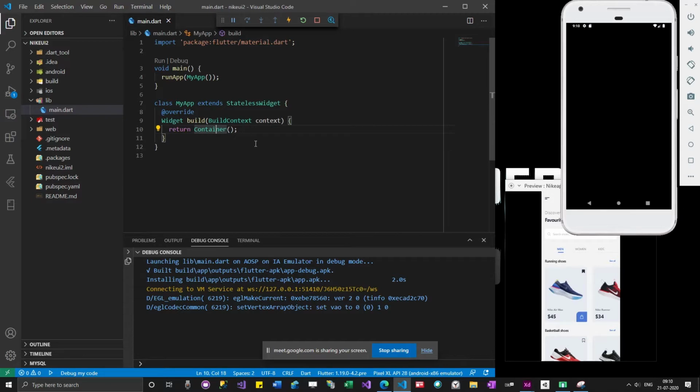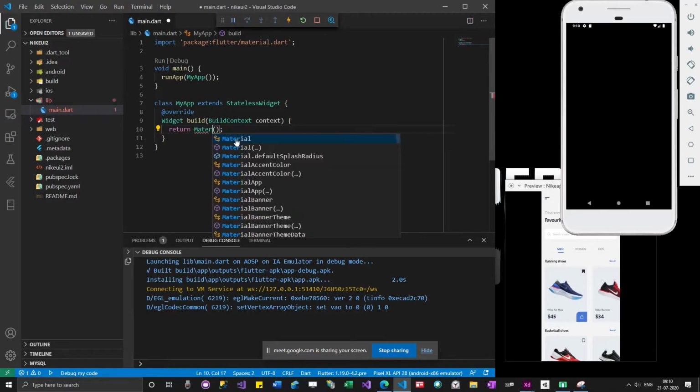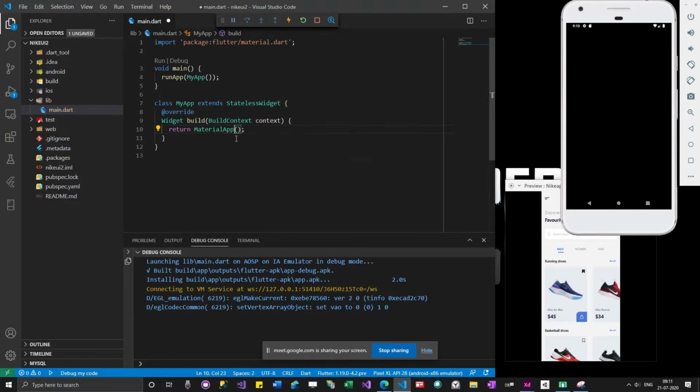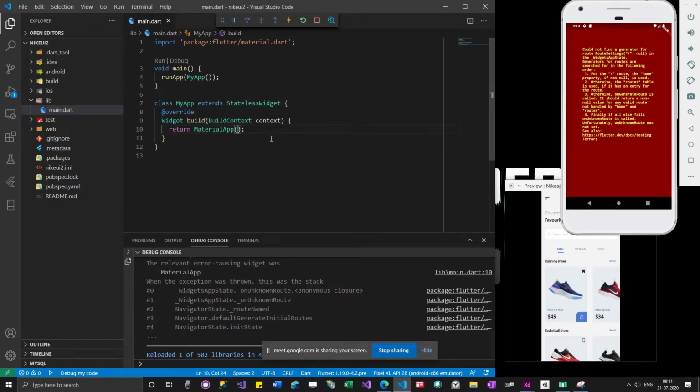Okay, so I'm going to change this to MaterialApp. MaterialApp, home, MyHome.